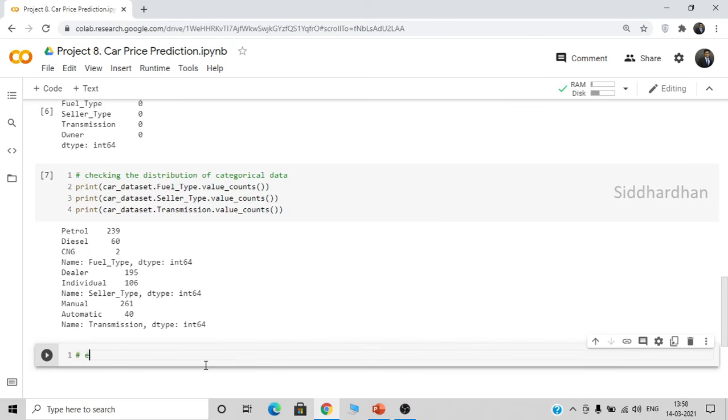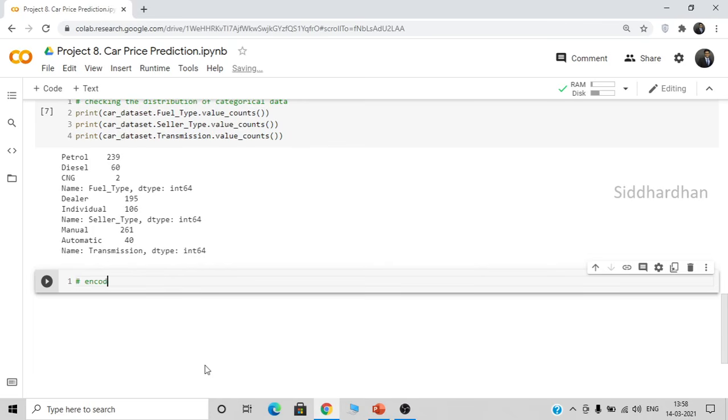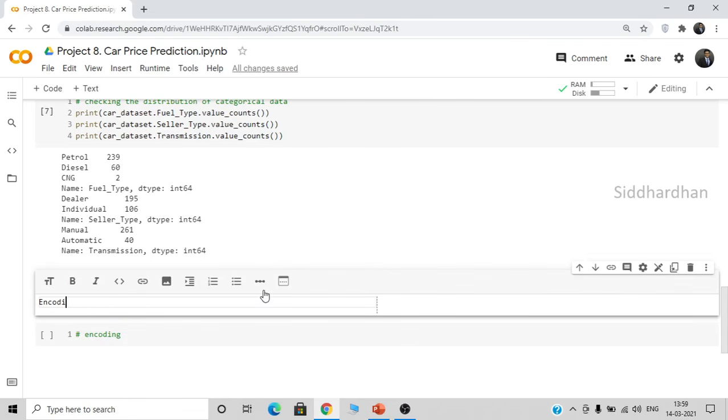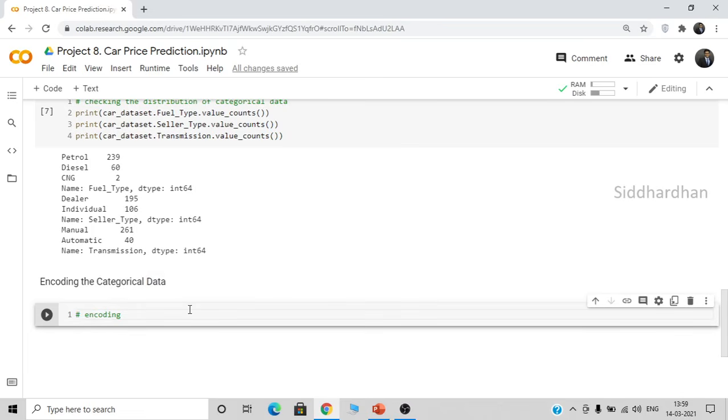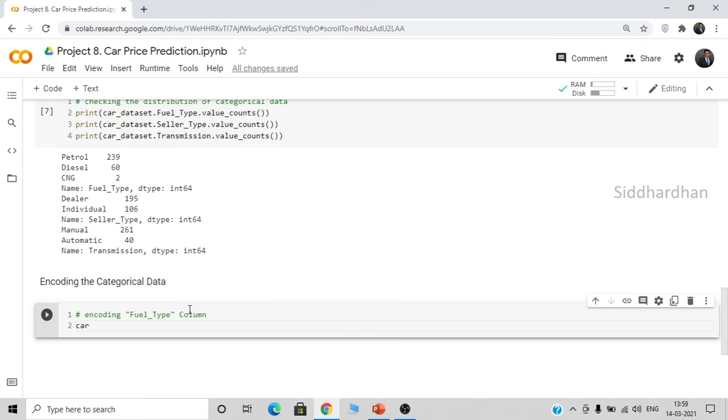So this step is called encoding. Let me put a text here: encoding the categorical data, because these particular columns contain categories. So first let's encode the fuel type column. Encoding fuel type column. Okay, so car dataset,